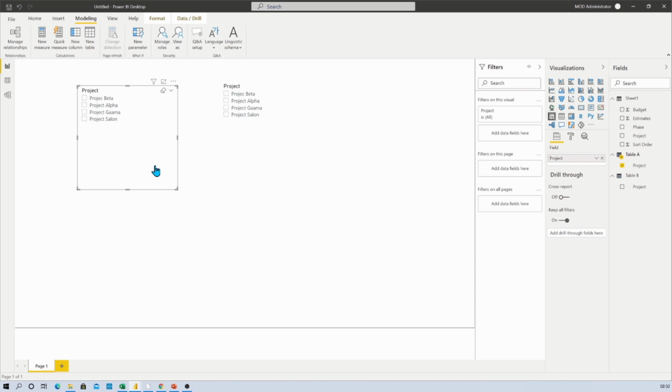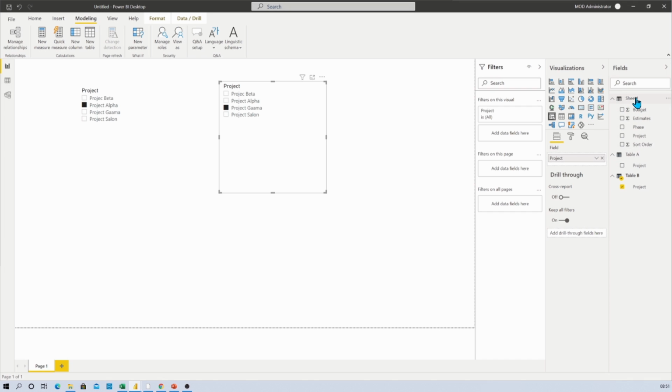Now I want to apply one more validation. Let's say for an example from project A I am selecting project Alpha. So from here it should not show project Alpha. The user should be able to select any other option than what has been selected from here. If they select project Alpha in both, then the comparison doesn't make sense. So I wanted to have a validation that whatever has been selected from A should not be visible to B, and in a similar way if we select something from B it should not be visible to A. So how can I apply that type of validation? For that we need to create a separate measure. So now let me create that measure for you.